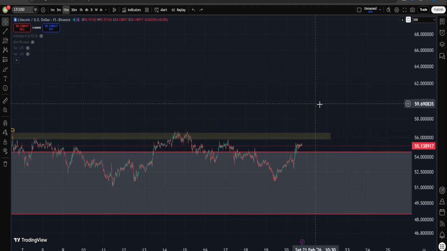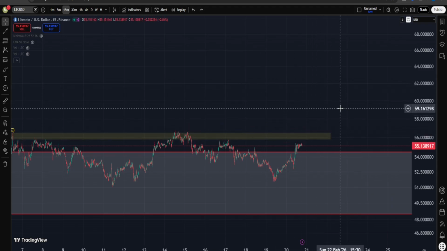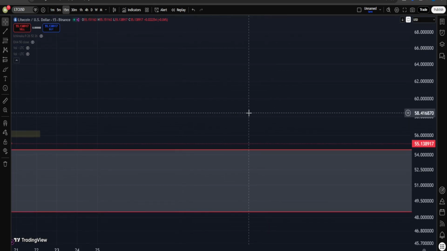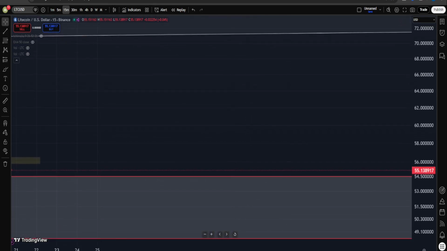Now, how about Elliott's waves? Okay, that's actually a little bit more complicated. However, it still suggests most likely we're going to get a move on the upside. But before that, why am I saying that's a little bit complicated? Because Elliott's wave wise, if you want to argue, for instance, we're going to have our final low in here,